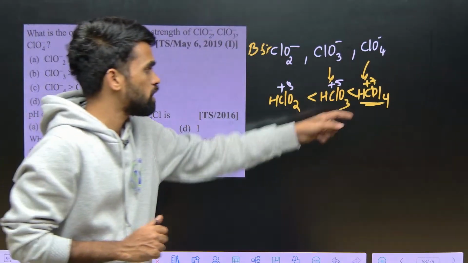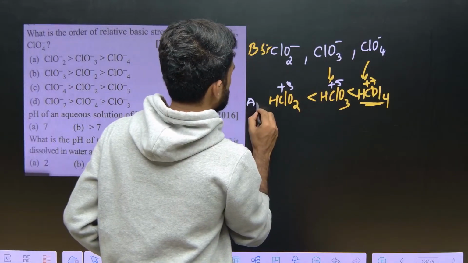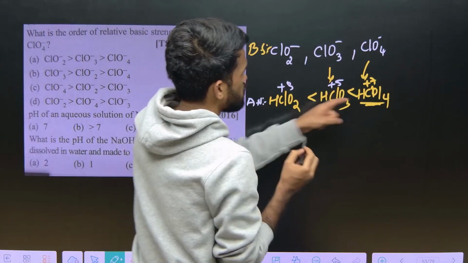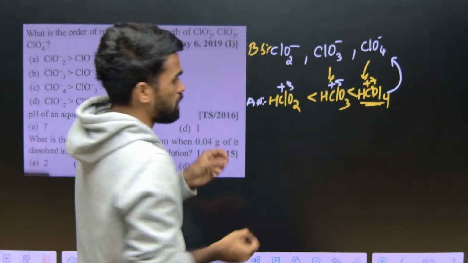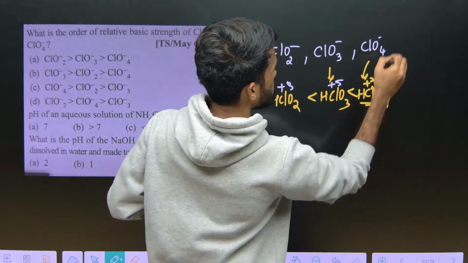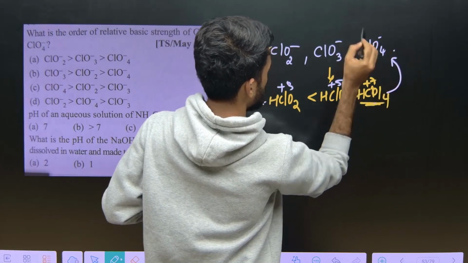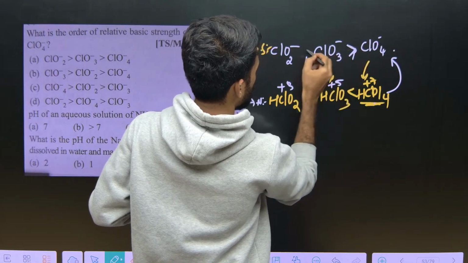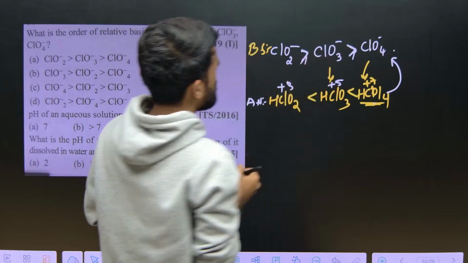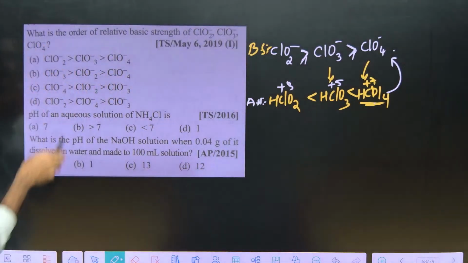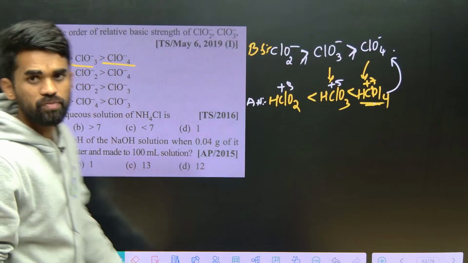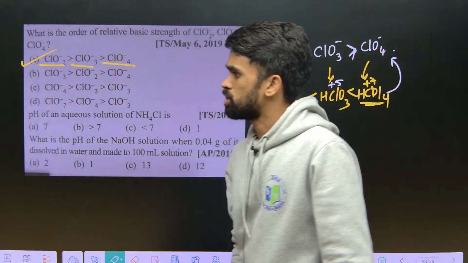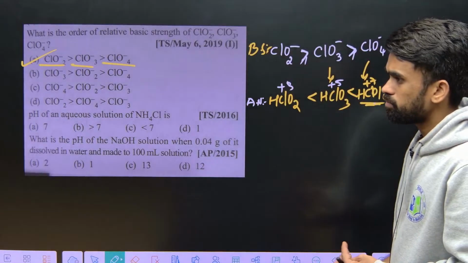So this is the acidic nature I am saying. If this is more acidic, its conjugate base will be very weak. If it is more acidic, this will be weakly basic. Therefore the order will be in this manner. That's it. So what is the basic strength? ClO2− is greater than ClO3−, then next is ClO4−. So the first option will be the perfect answer for the question. Okay, right. Next,